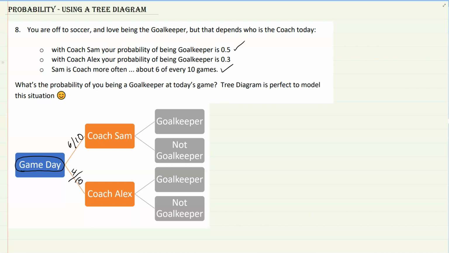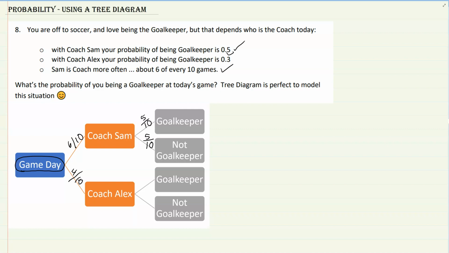And what is 0.5 in terms of a fraction? It's a half, right? So you could say 5 out of 10. 0.5 has 1 decimal place, so it's out of 10. And then the probability of you not being in goal would be the other half, or 5 out of 10. Okay. And then